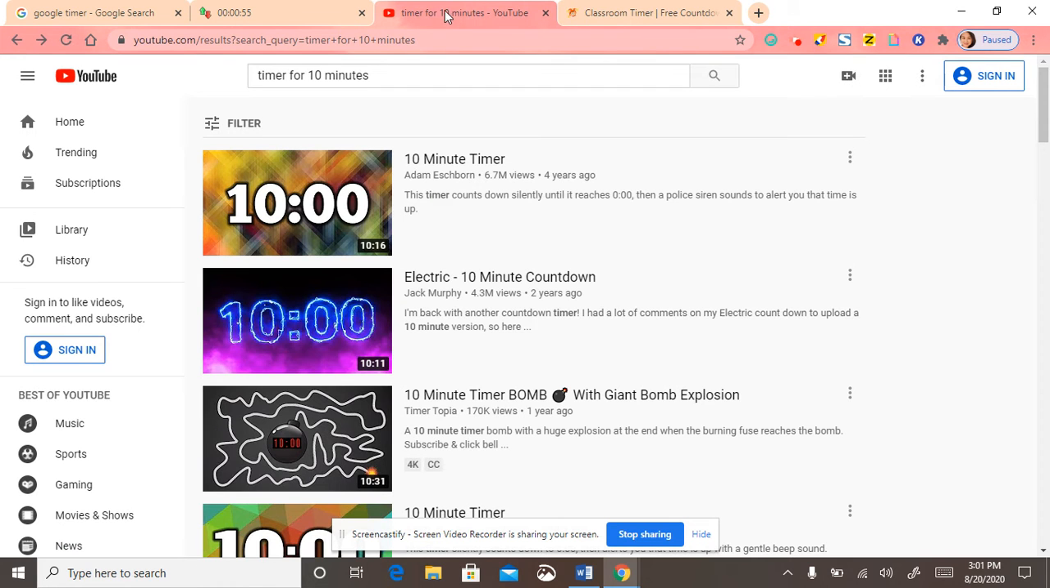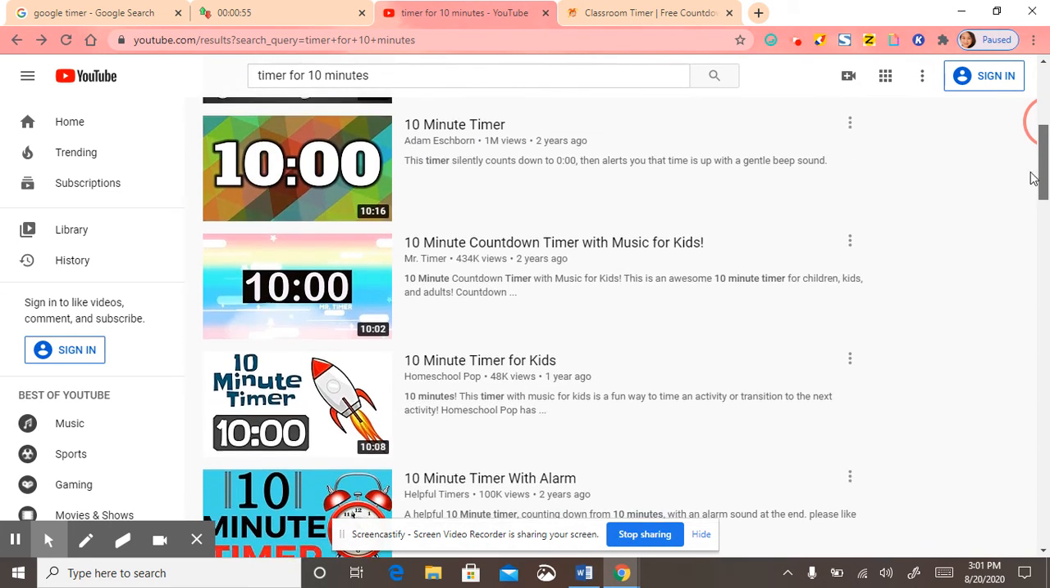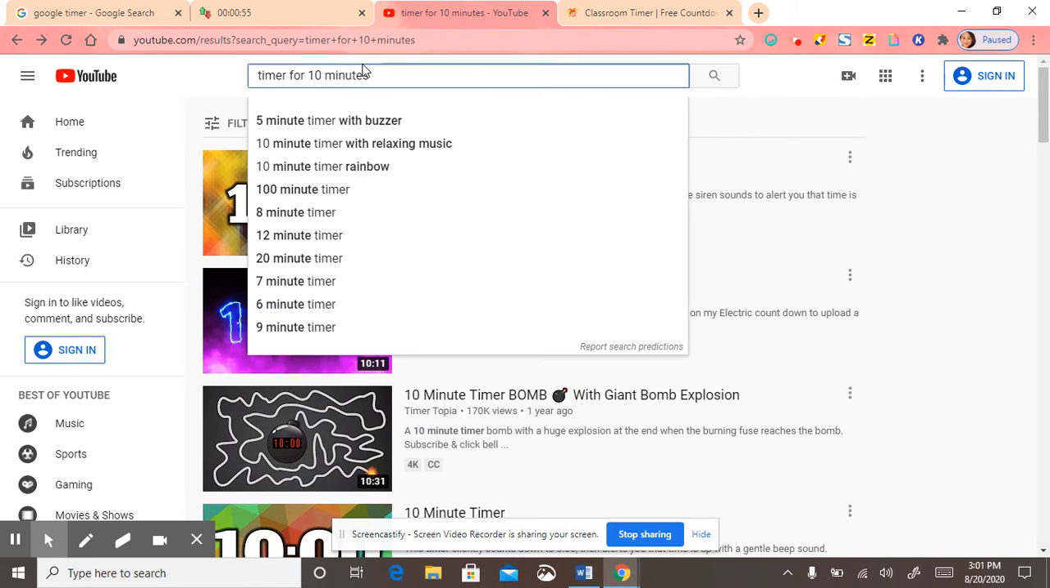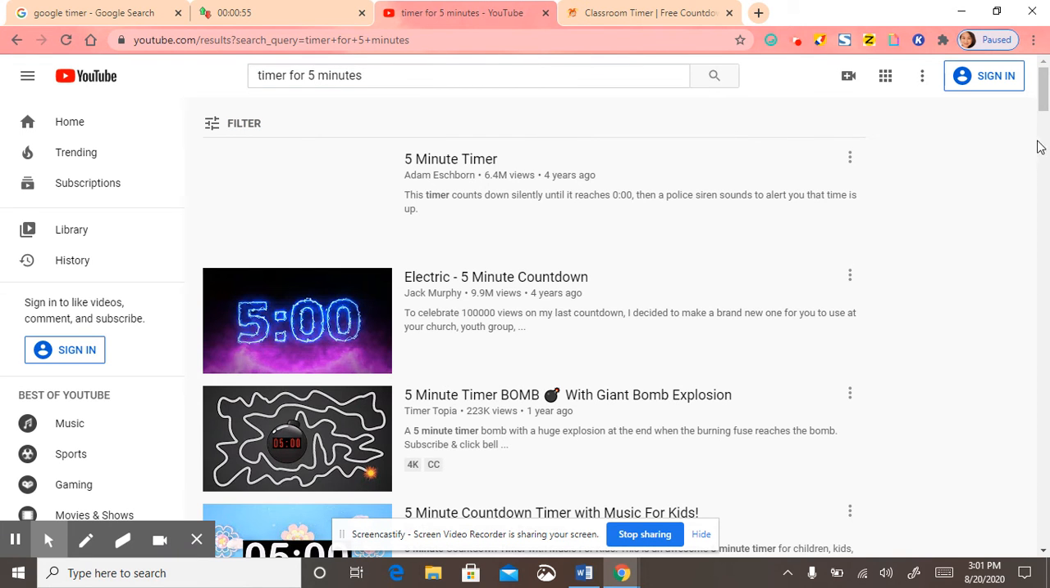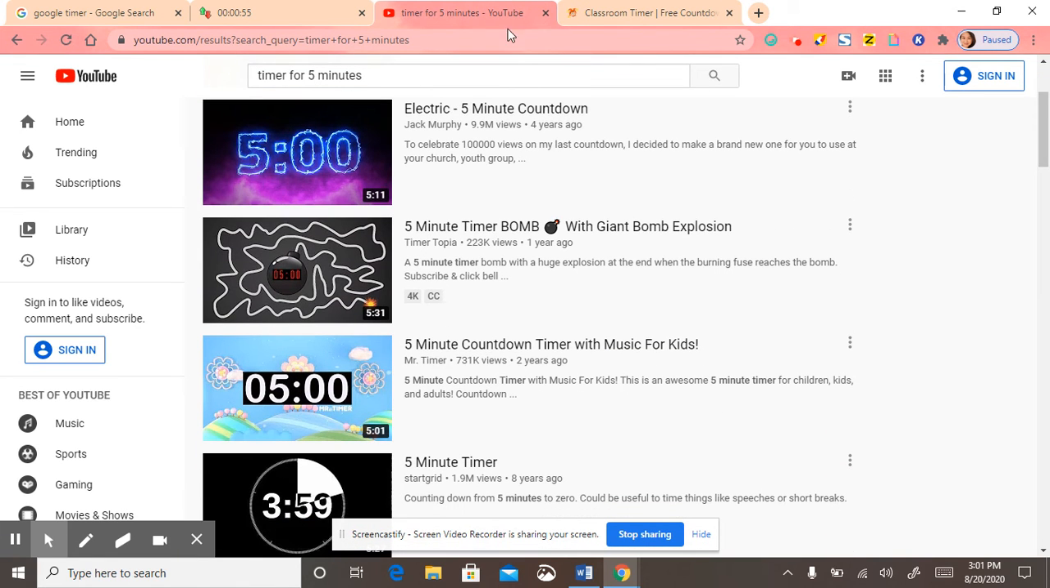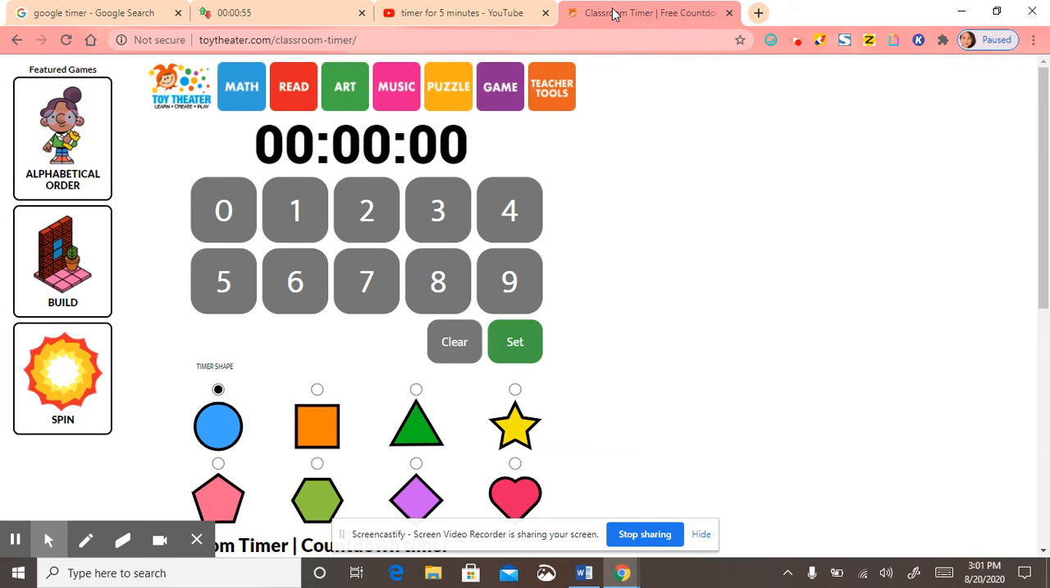Another option is going on YouTube and selecting the time that you want. So I typed in timer for 10 minutes, and then there's a number of different videos to choose from. Or I can say timer for 5 minutes, and there are a number of different options to choose from. And the final option is going on